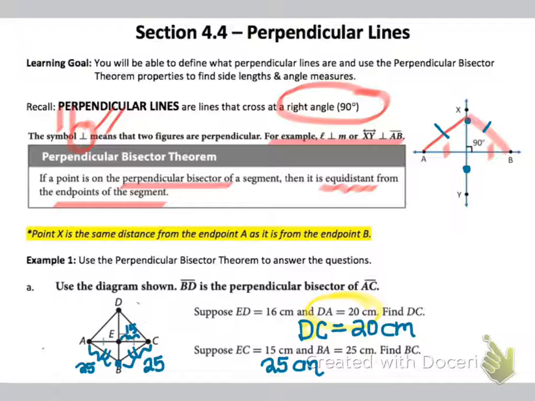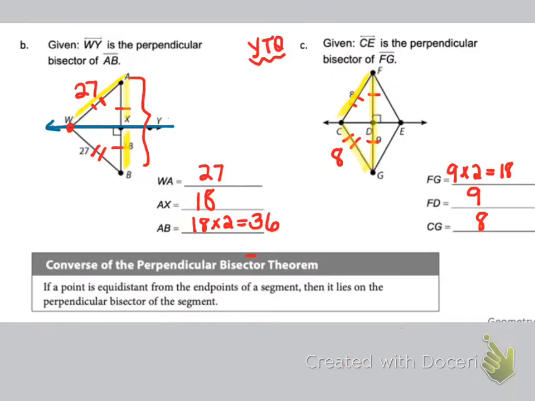So something like that. A little wording might be a little different. Think about, would that be true? And in fact, it actually is. So there is a converse theorem, because it is true that if a point is equidistant from the endpoints of a segment, then it lies on the perpendicular bisector of a segment. So you can use that theorem in the reverse. So if a point is equidistant from the endpoints of a segment, then it must lie on the perpendicular bisector